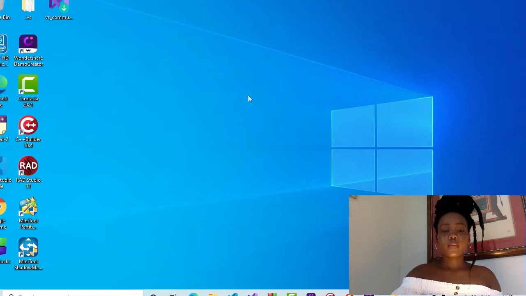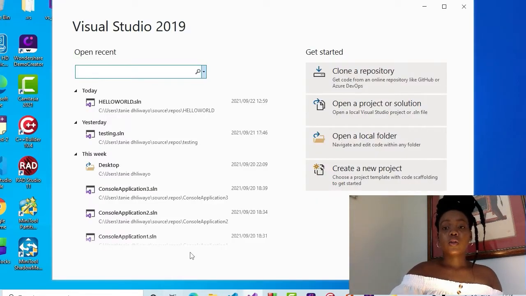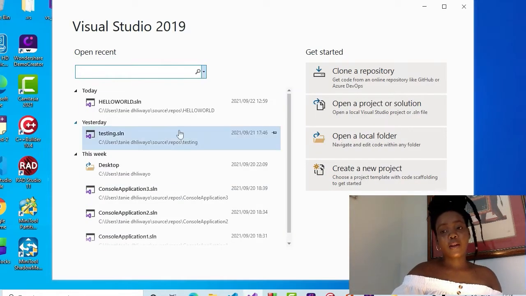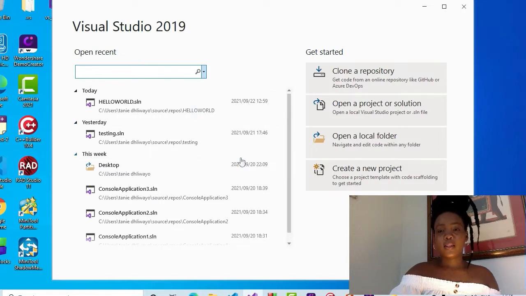So let's launch our IDE, Visual Studio. This is our welcoming page of Visual Studio 2019. You can see on the left part we have recent projects that I've been working on. If it's your first time using Visual Studio, you won't see anything over here. On the right hand side, we have